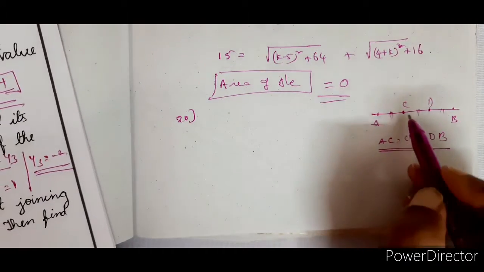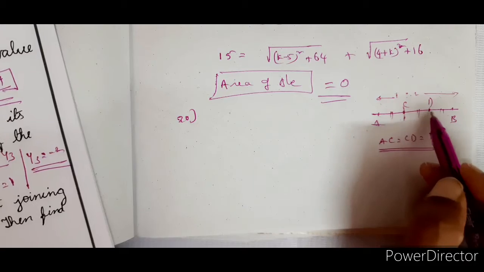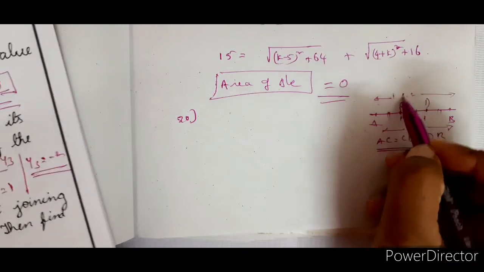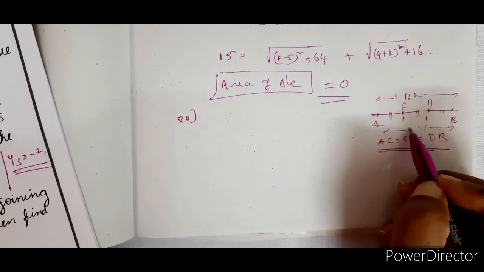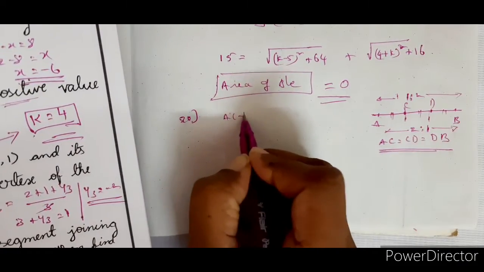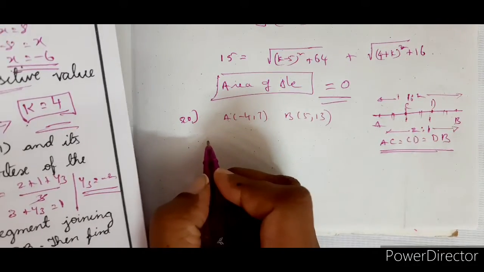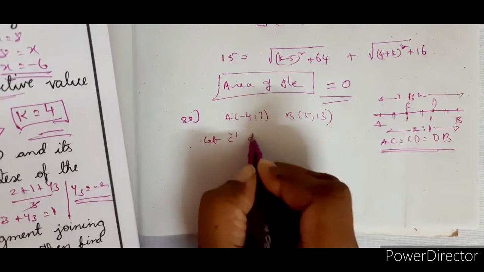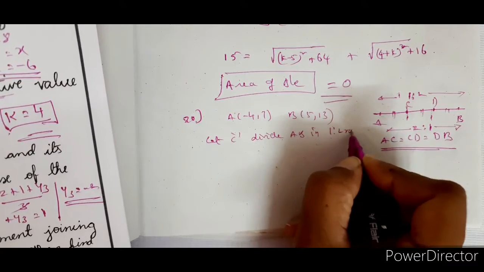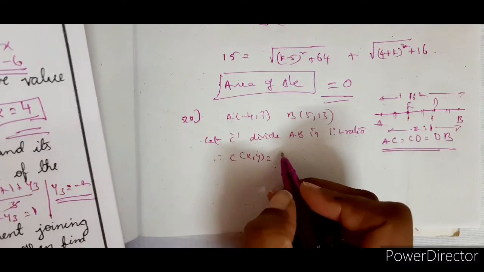Whenever it comes to points of trisection, the first point divides the line in 1:2 ratio, and the second point divides the line in 2:1 ratio. So applying the same thing, it is 1:2 ratio for C, and for D it is 2:1 ratio. And the points given are A(-4, 7) and B(5, 13). So as usual, write the formula. Let C divide AB in 1:2 ratio. Therefore point C(x, y) is equal to,